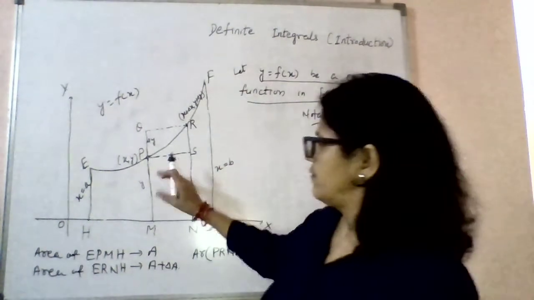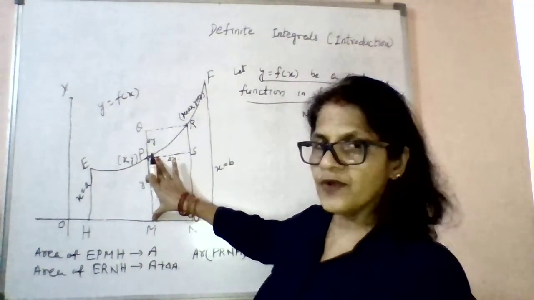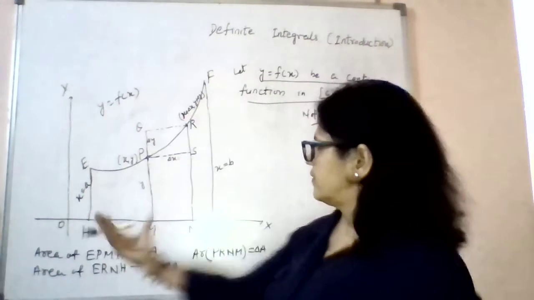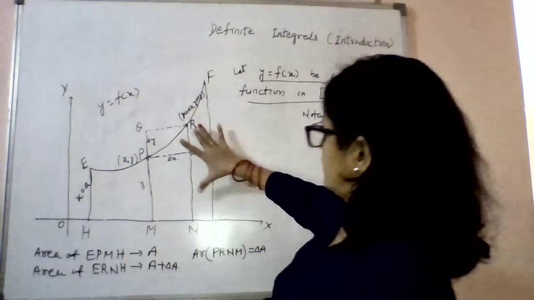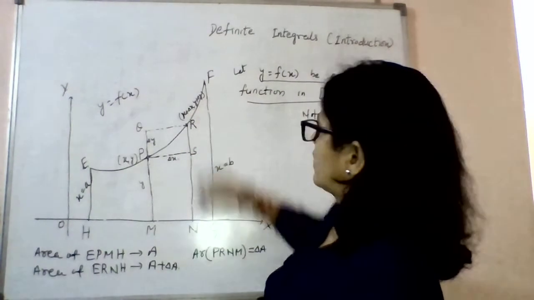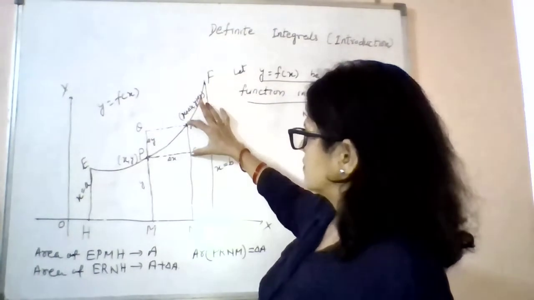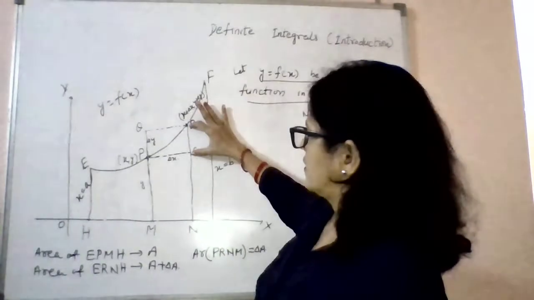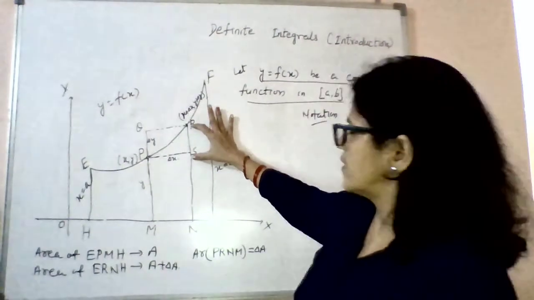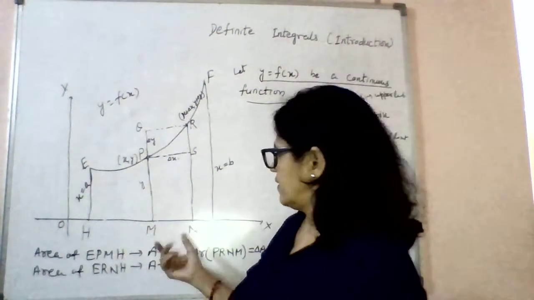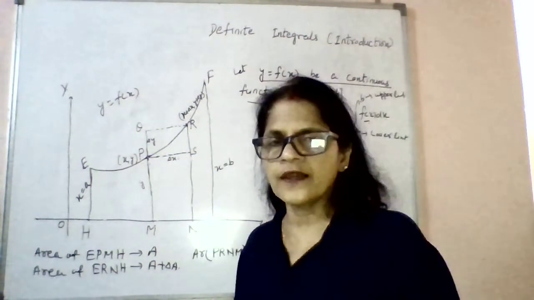So it means when you take P(x, y), this length is y, right? And this length is x. Similarly, this length RN equals y plus delta y. So in that way, RS is delta y. PQ equal to RS equal to delta y. Similarly, this length MN equal to PS, that is delta x.